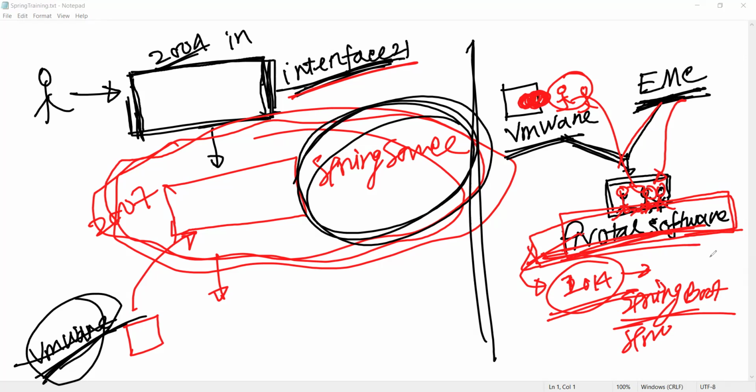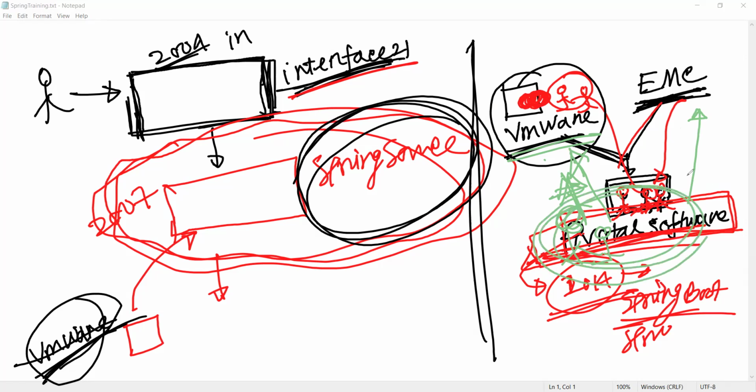Later, VMware thought, I need this developer team. Right now, who is the owner? Both VMware and EMC are the owners of Pivotal Software, right? So VMware wanted this team to move to their company, into their house, their family. Simply, VMware acquired this Pivotal Software again, into their company.